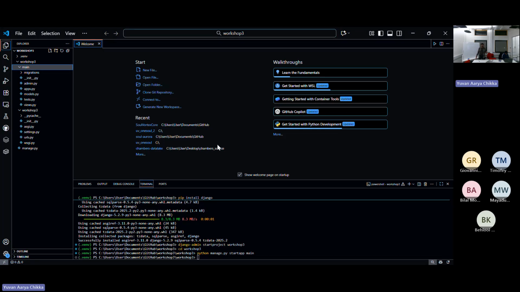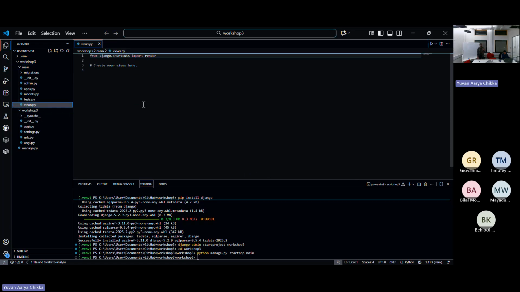So essentially, yes, we have created this app called main, which has all of these extra files. The important one here is views.py. views.py will be essentially holding all of our routing. And routing is when you have a URL,